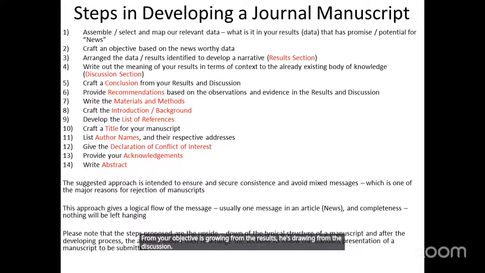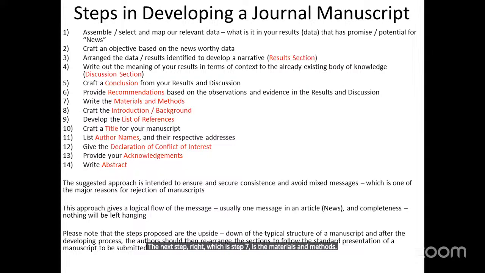And similarly, the recommendation ties it up and gives a pointer to what needs to be done. It provides the evidence that is in the results and discussion, and what are the needed actions by the end users and various stakeholders. That is the recommendation. So as we said, it is possible to have a paper without recommendations because there may be no needed actions. Now, once you've done all this, the next step to write, which is step 7, is the materials and